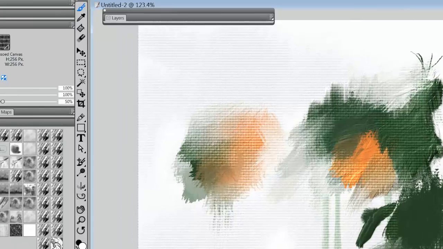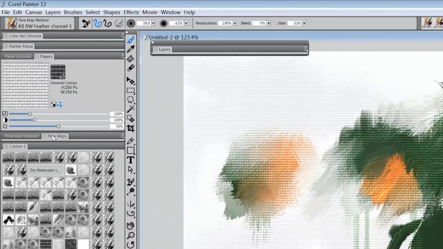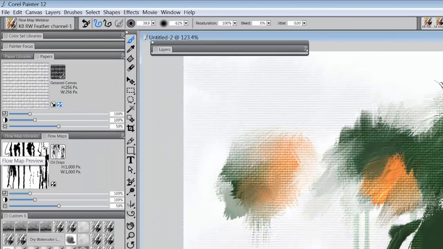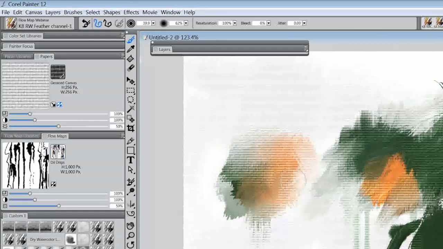Yeah, there's a few questions around flow maps. I can't tell what flow map you had activated there. So were you using your own custom flow maps, or the ones included? No, I was using custom flow maps. The whole time I've been using this oil drips. Now, the reason I was using that is if I changed this flow map, well, I'll tell you what, let's